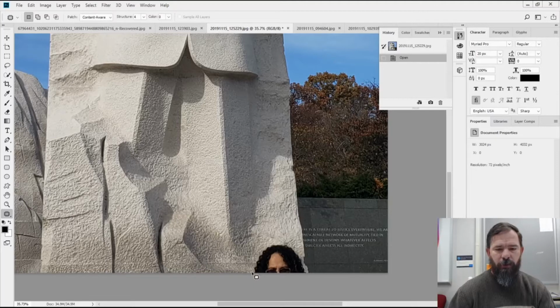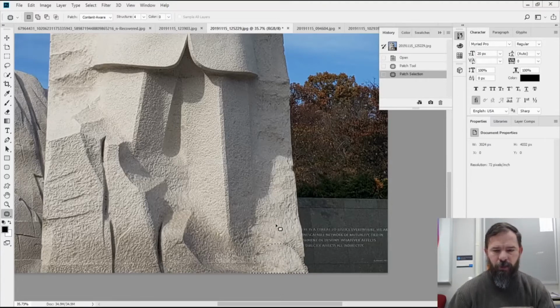So we'll select the patch tool and go over the area that we want to fix, like that. All right, now the next step, once you have it selected, you're going to want to click inside the selection and drag. You're going to want to be really careful about how you do this, and it works a whole lot better with some things than others. But in this case, we just drag up to find an area that we want to sample